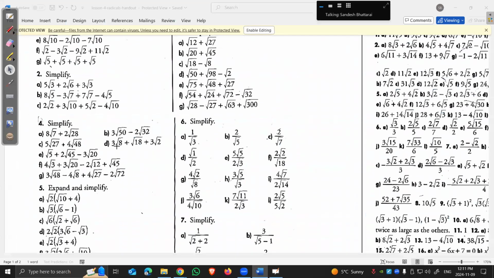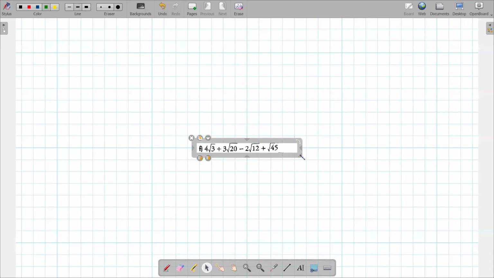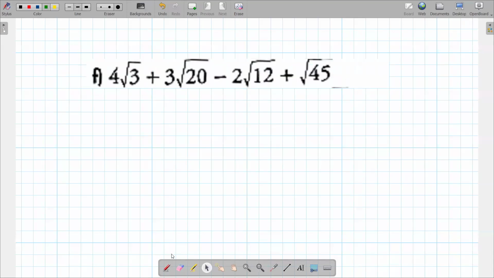Or let's try another one. So again, you want to think whether or not the radical can be reduced. Root 3, can we reduce root 3? No, we cannot because no perfect square is divisible by root 3 or just 3. So that stays as is. Plus, what about root 20? It goes into 4. So it'll become 3 times root 4 times root 5